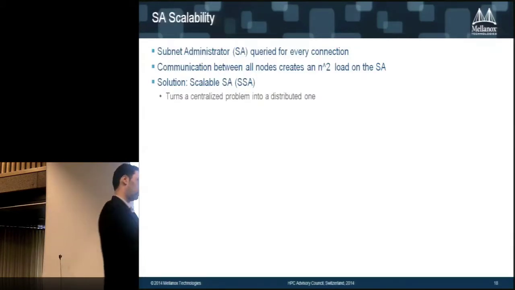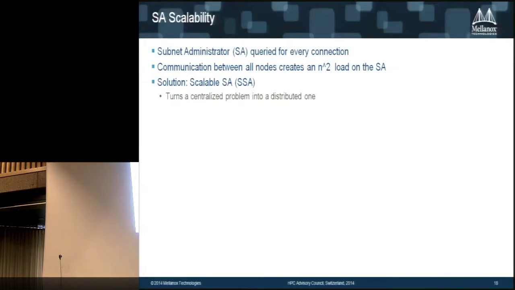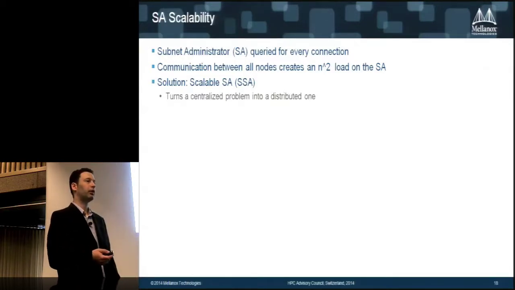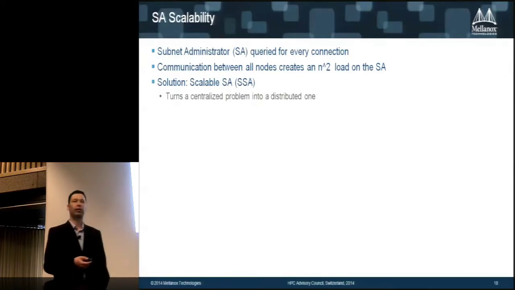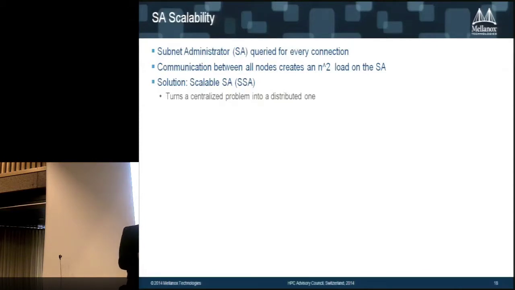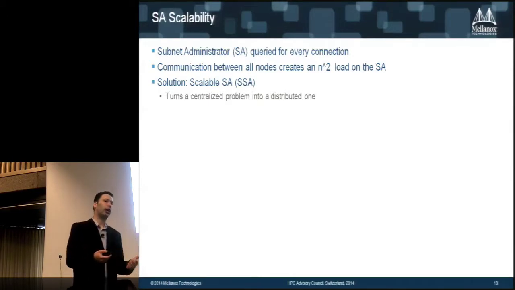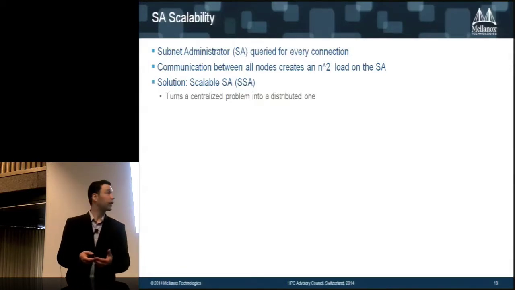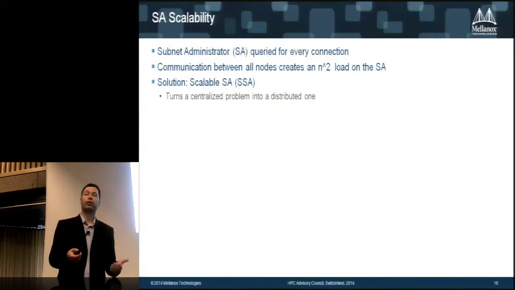So another item that we saw that required our attention to make more scalable is the Subnet Administrator. I don't know how many of you are familiar with the Subnet Administrator, but basically in the InfiniBand architecture, there is a centralized place of the Subnet Manager and the Subnet Administrator that enumerates all the fabric, discovers it, derives some kind of a topology, understanding of the network, and then calculates the different routes between the different nodes. And what we saw is that actually the number of routes grows in n square.